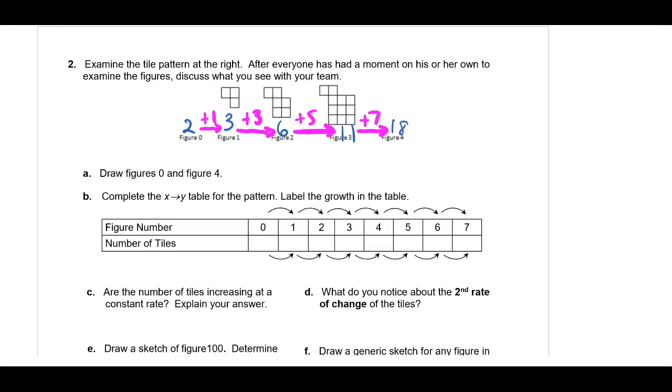Now let's look at the figures themselves. Now we know how many tiles there will be, but what do they actually look like? First, let's see if there's anything that doesn't change, something that's the same. I noticed that the top 2 blocks stay the same for all 3 pictures. So that probably means that all of these will have those same 2 blocks: 2 blocks for figure 4, and 2 blocks for figure 0. For figure 0, the number says 2 tiles, so these 2 tiles are all